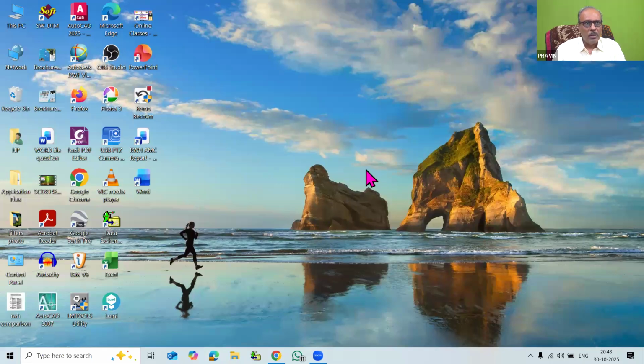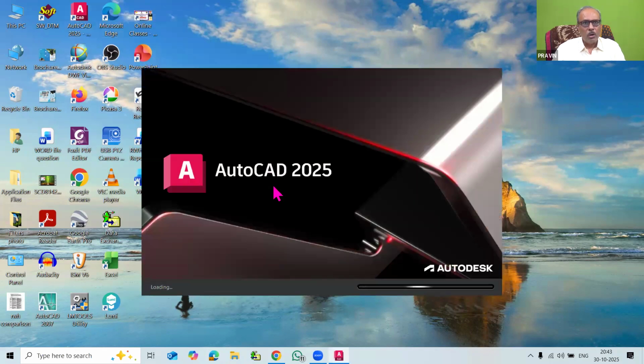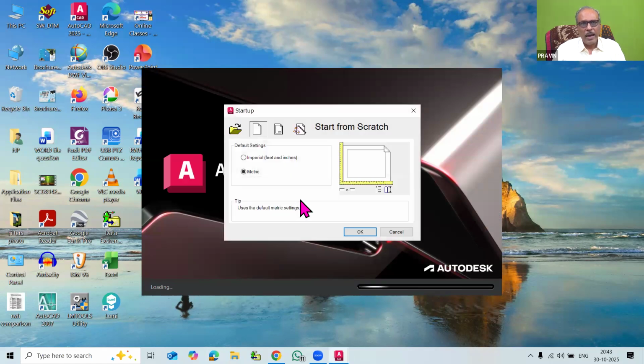Regarding that, you can see this is the icon on my desktop. Right click that icon and click on the open button. Here the AutoCAD 2025 version will get started. Here again I have made the setting, which is already known to you. We have to set the value of the startup variable, so this dialog box appears. As we know, we always use the metric unit system, so we are using millimeter as the dimension unit.